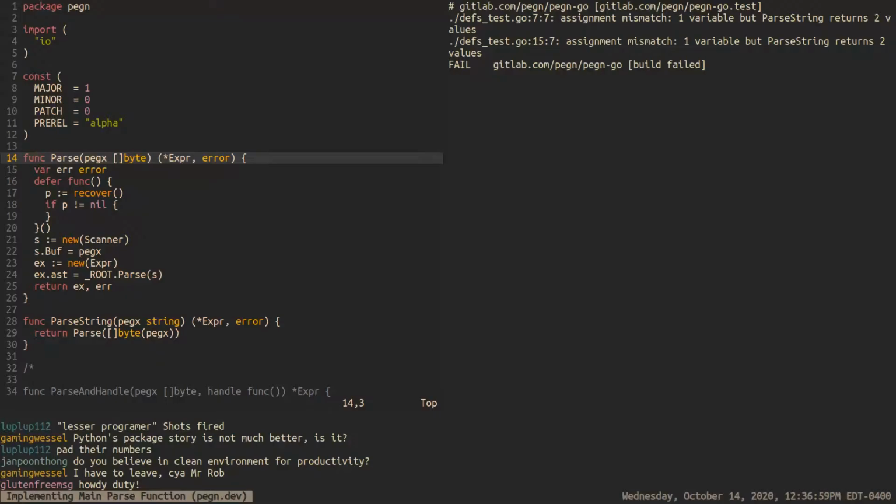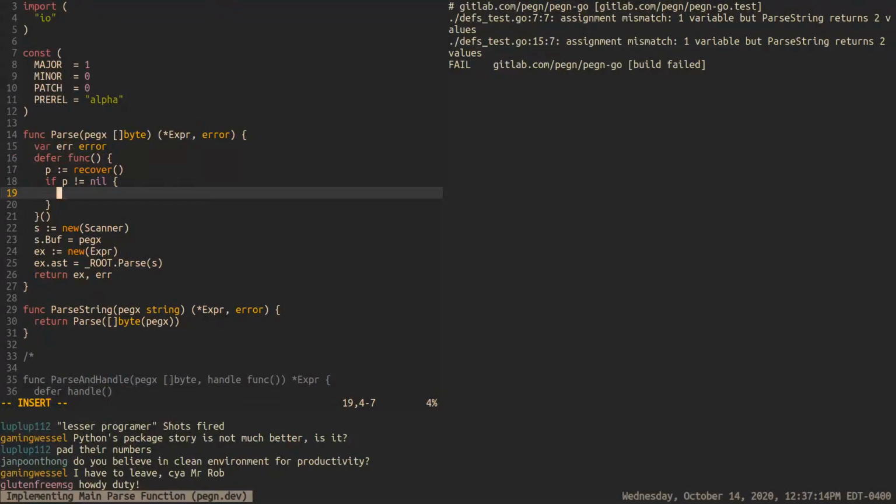Pegn expression. So we are, where are we? Still off someplace. Oh, the defs test. That's fine. That's the testing thing. We're gonna fix that. All right. So this time, what we're gonna do is we're gonna embed this error, and we're gonna say that